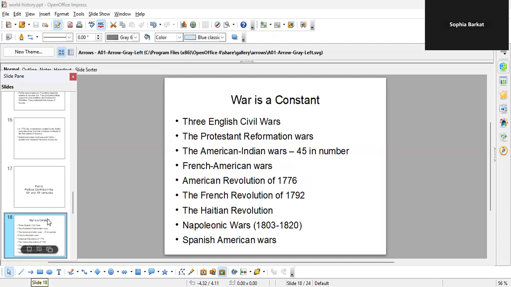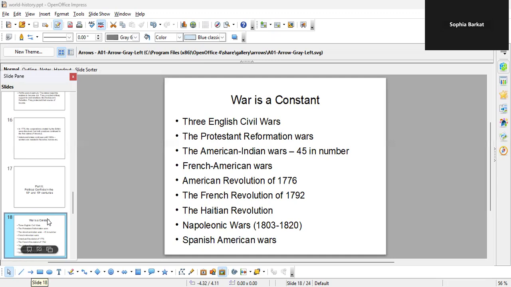Again, the book lists a lot of wars. We look at the three English civil wars, the Protestant Reformation wars. They don't necessarily list all of these, but so many wars did happen. War is a constant in the 1700s and 1800s. We saw the French-American Wars, the American Revolution, the French Revolution, the Haitian Revolution, the Napoleonic Wars, the Spanish-American Wars. And this is all about expansion of territory